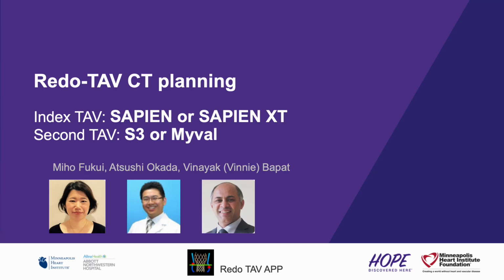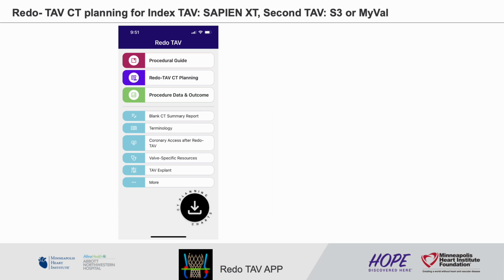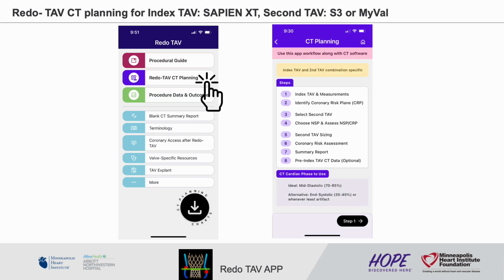This video guides you on how to do pre-procedure CT planning using the Redo TAV app for cases where the index TAV is SAPIEN or SAPIEN XT and the second TAV is SAPIEN XT or MyVal. When you click Redo TAV CT planning on the home screen, first you will get an overview of all the steps